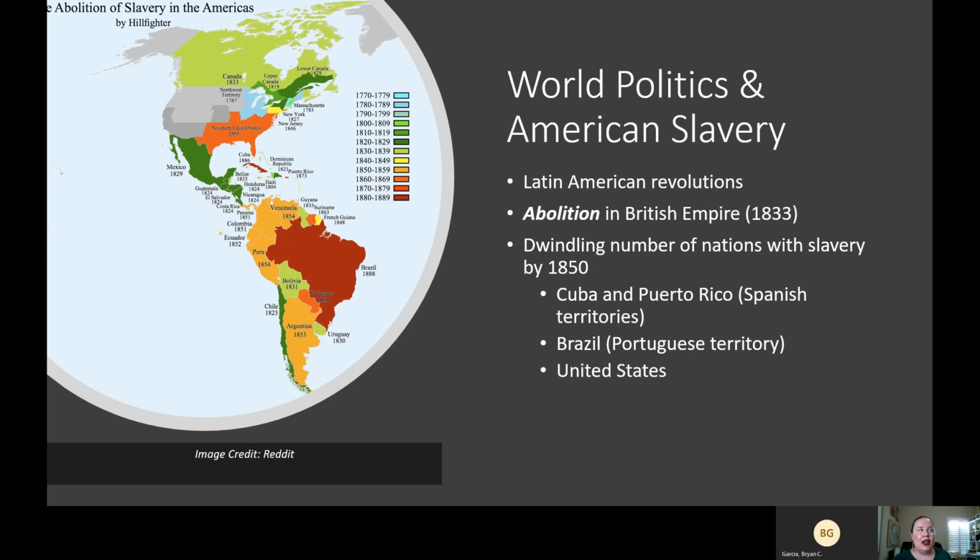But again, slave rebellions are fairly rare because Southern states start to establish laws to make it difficult. Like they don't allow African Americans to gather without white supervision, or they require that African Americans attend white churches and not their own churches. They forbid slaves to be taught reading and writing. So there are all kinds of laws that Southern states try to enact to limit the ability of slaves to stage successful large-scale rebellions.